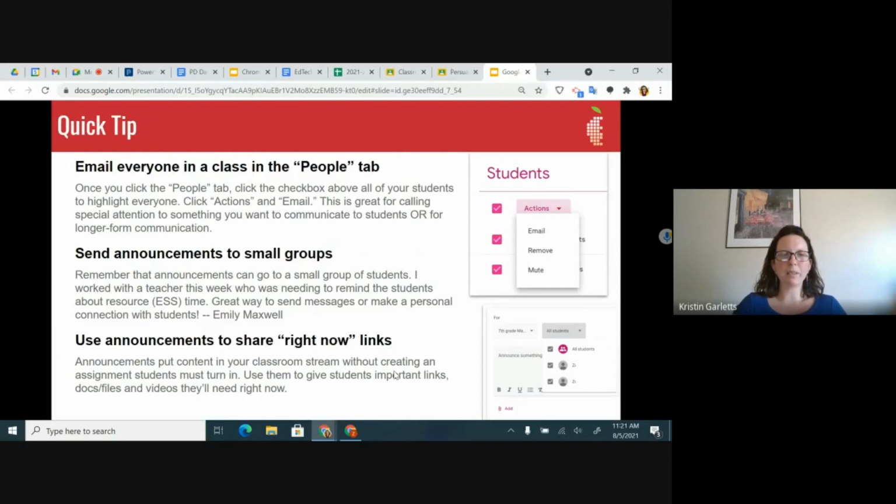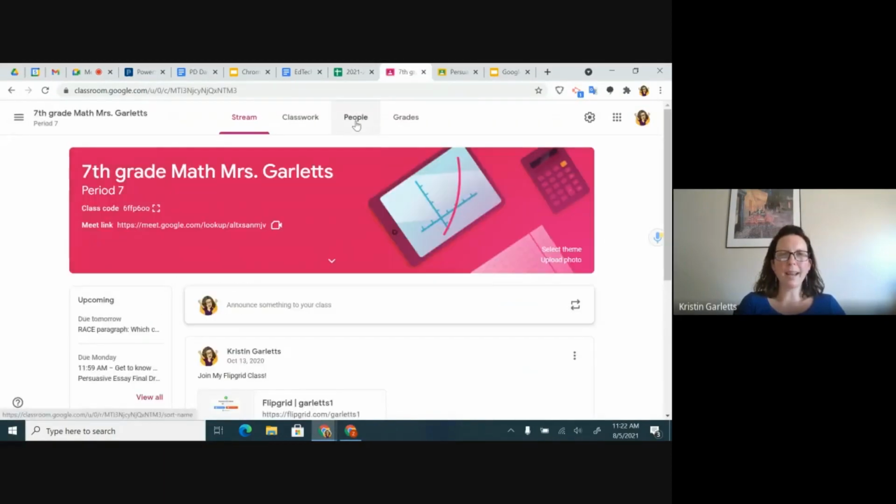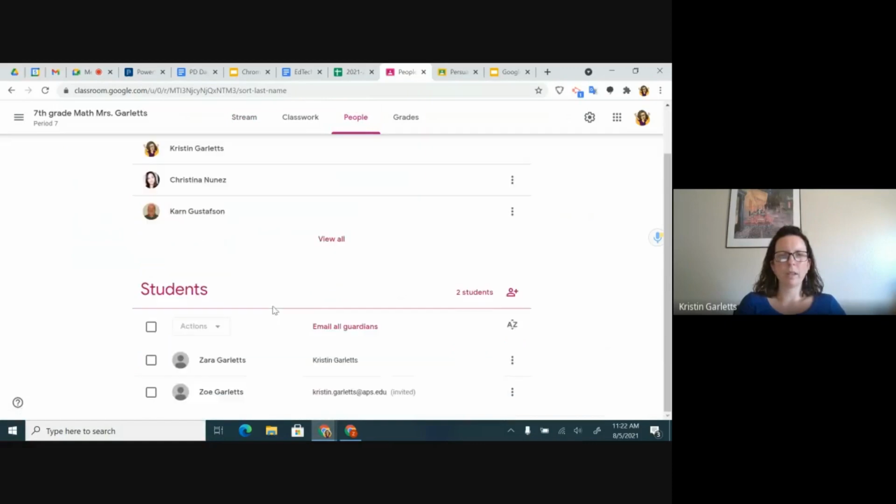Some quick tips about sending announcements. You can email everyone all at once from the People tab. To do that, you go to your classroom, you go to the People tab. You're going to highlight which students you want to email by clicking the button here. And then, if you want to email